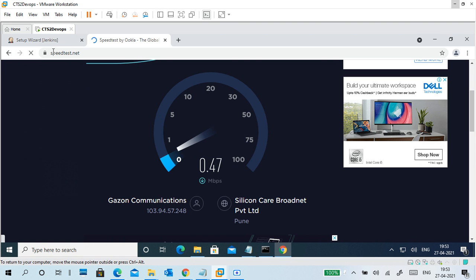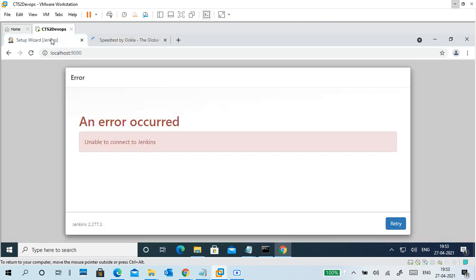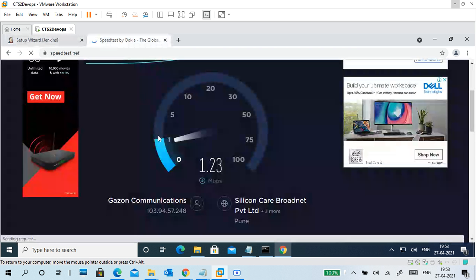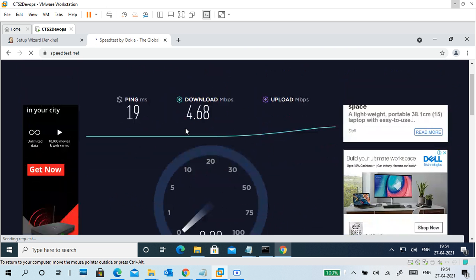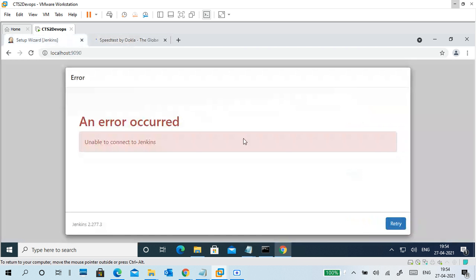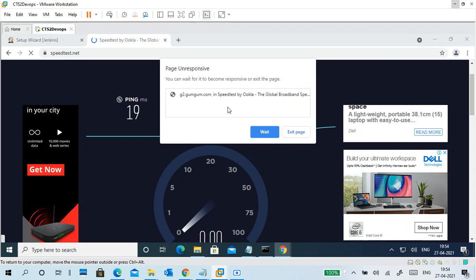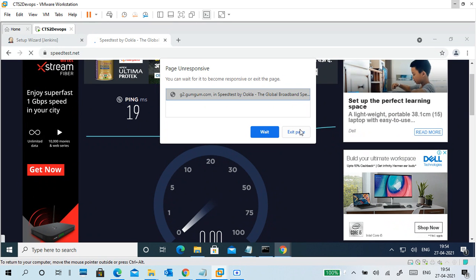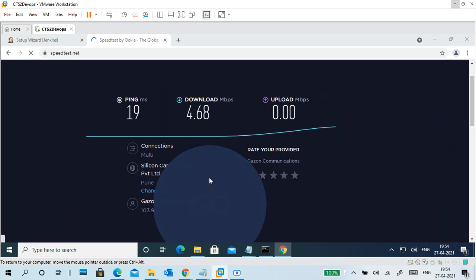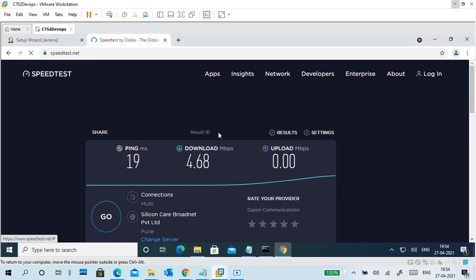This entire system is slow. It's showing a very bad result.